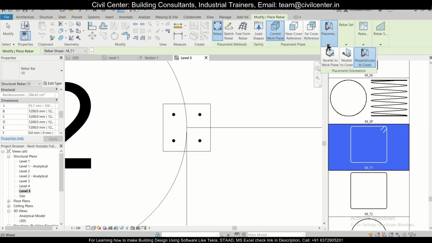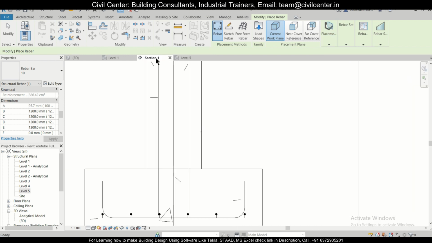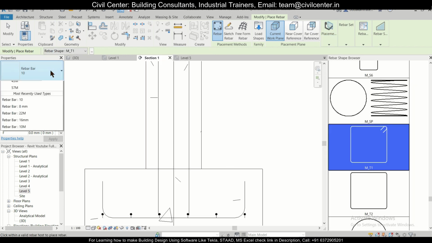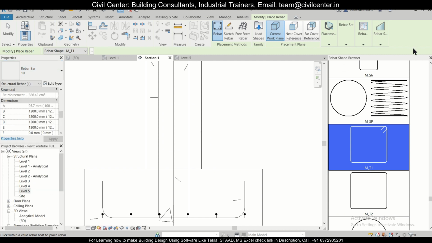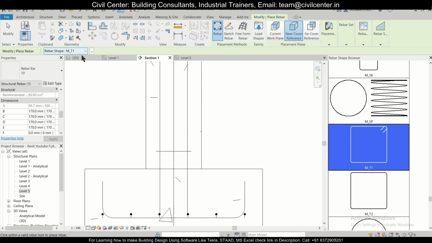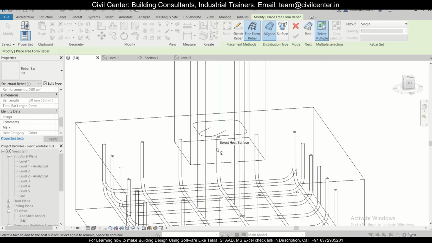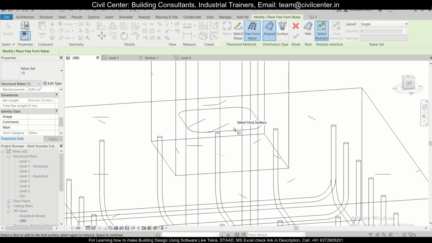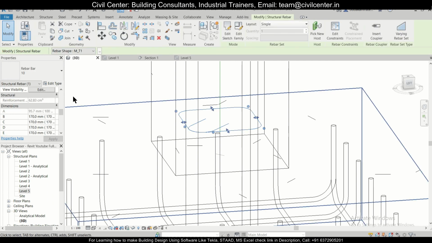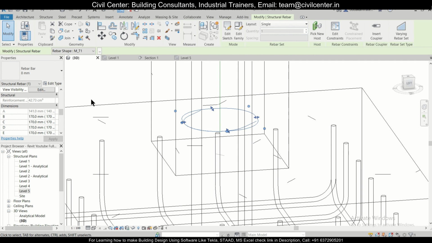and go to the section and select this particular option of this 10 perpendicular to cover. Let's place one rebar here, check in the 3D view. So this is what we want. So what we can do is we can just select this and change the property. If we see from the 8 mm bars, it becomes circular.